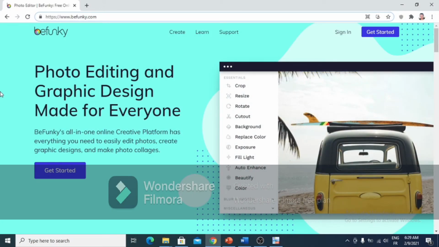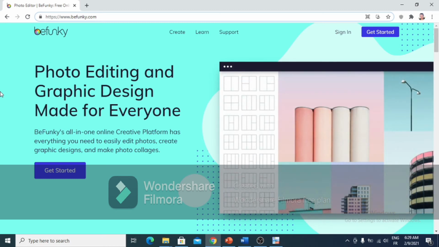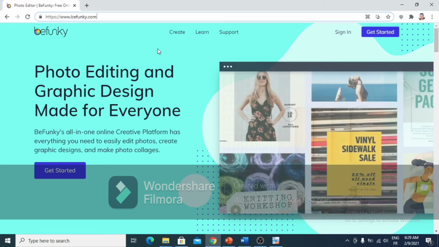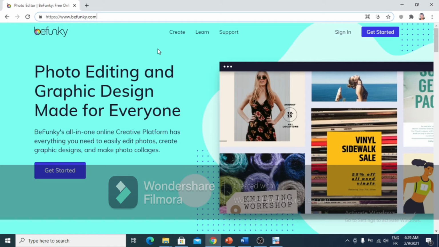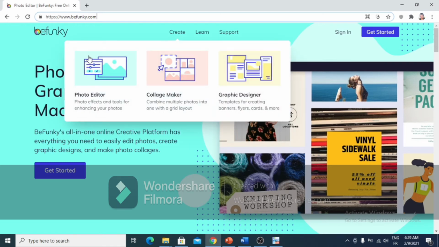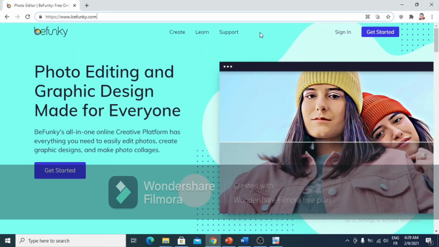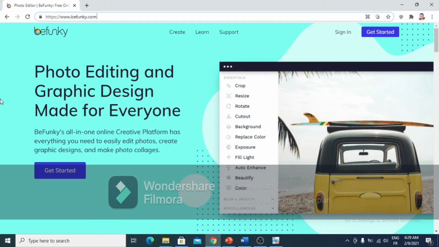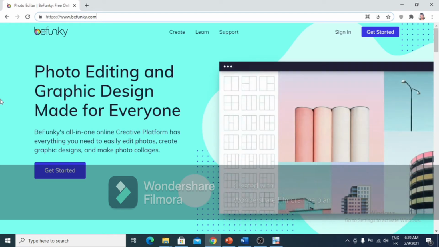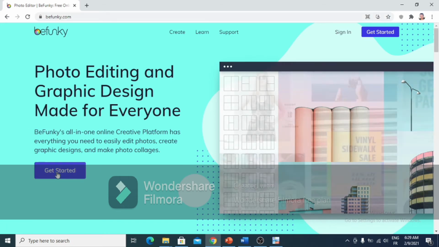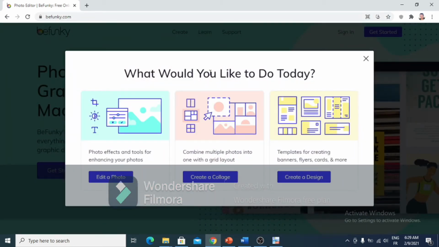And here's the website, Be Funky. As I already mentioned, it is a website for photo editing and graphic design, and it has such an easy and explicit interface. As you can see, there are not many chunks here, just create, learn, support, sign in and get started. There are just a few chunks, so the user or the client won't get lost in this interface. I'm just gonna get started by clicking this, and here you can see what would you like to do